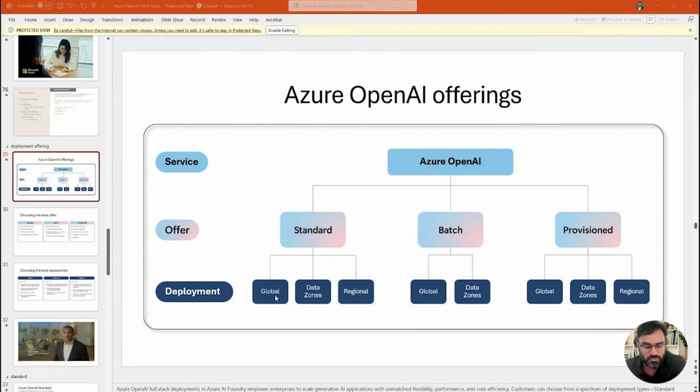When you deploy as global, it automatically has inbuilt high availability. When you deploy a model, it's a pay-as-you-go model, so as you submit the tokens or prompts, you get responses.